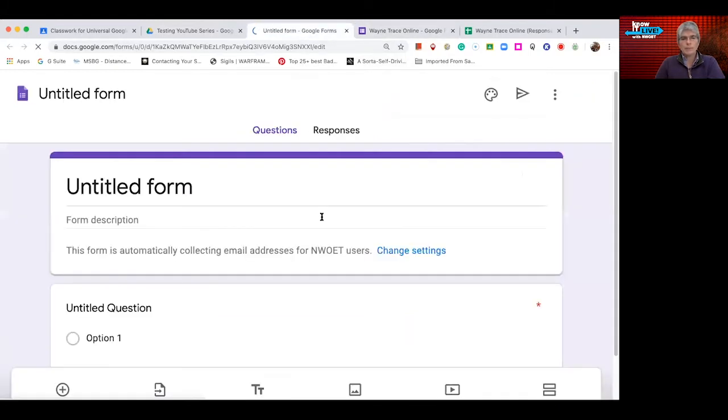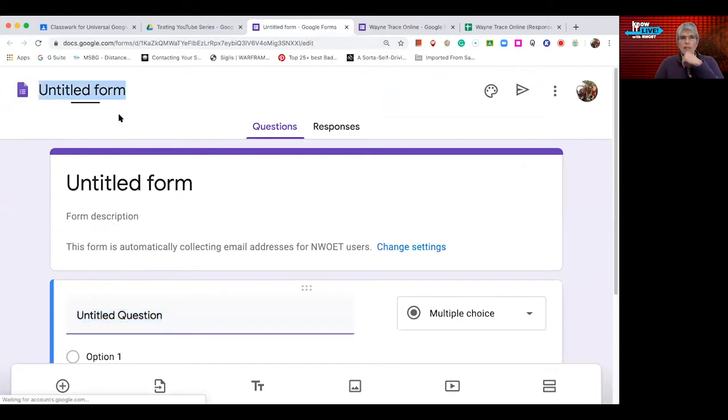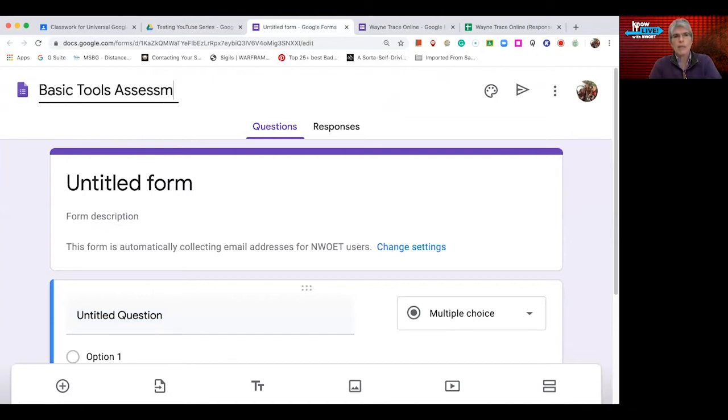So right away it gives me this untitled form, just like everything else, and it did open a brand new tab for me. So I'm gonna give it a name, YouTube. Well, let's do something for real. Basic Tools Assessment, because you guys are gonna be able to take an assessment here after you're done with all these videos, and after you've completed that assessment, if you've received an 80% or higher answering the question, so this